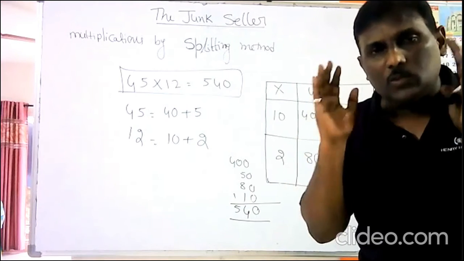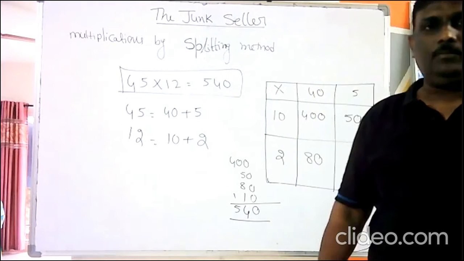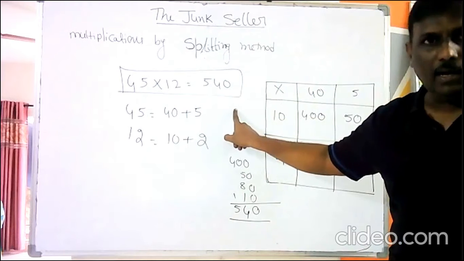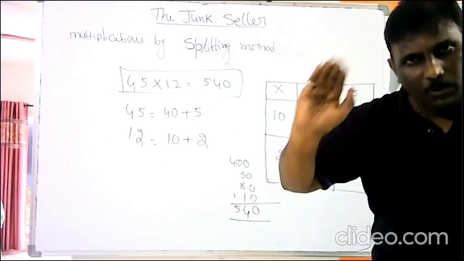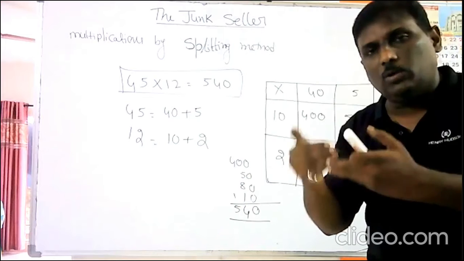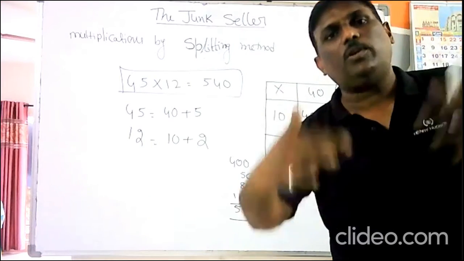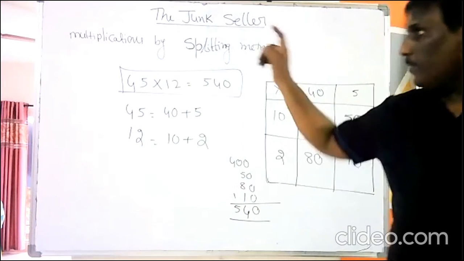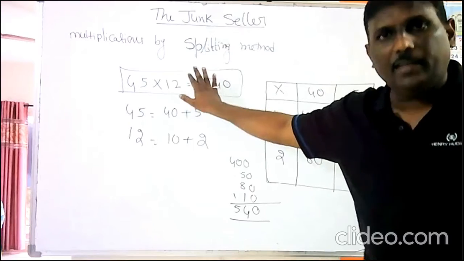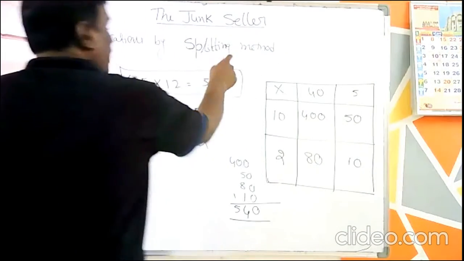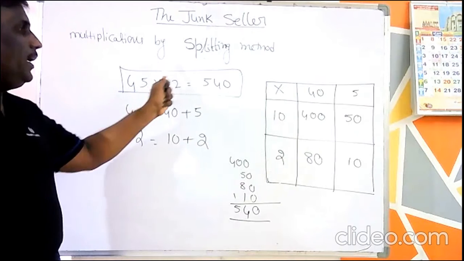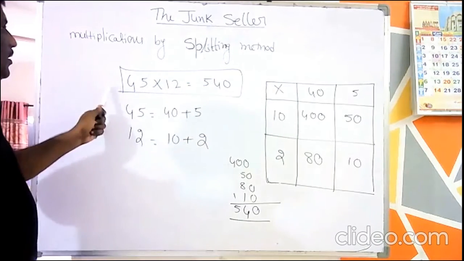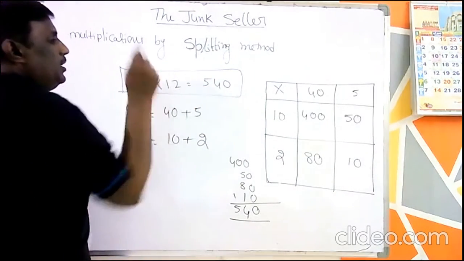Today the whole class we are going to study this. This is one example I have done. I think it is clear to you. If not, I will do one more question. I will do 2-3 questions, then the rest you have to take over. You have to start writing now. Multiplication by splitting method, in the class work. First question, 45 into 12.